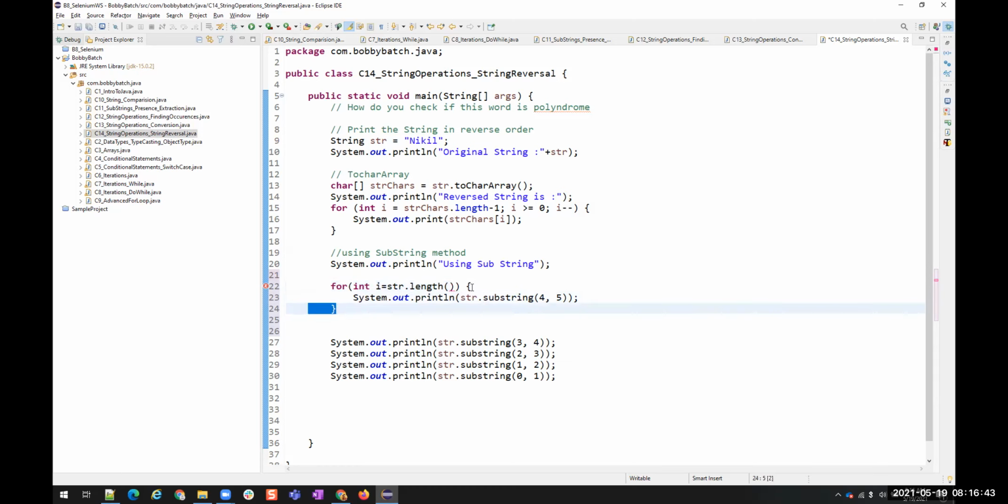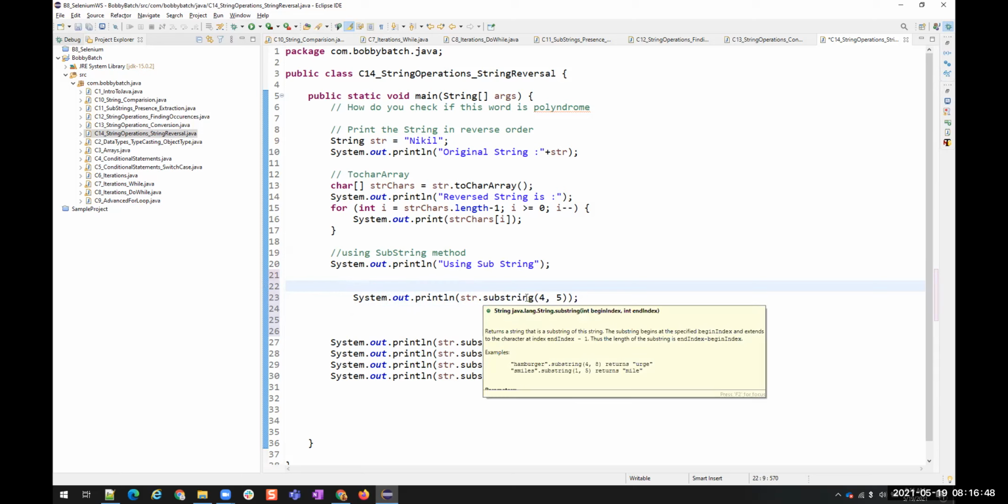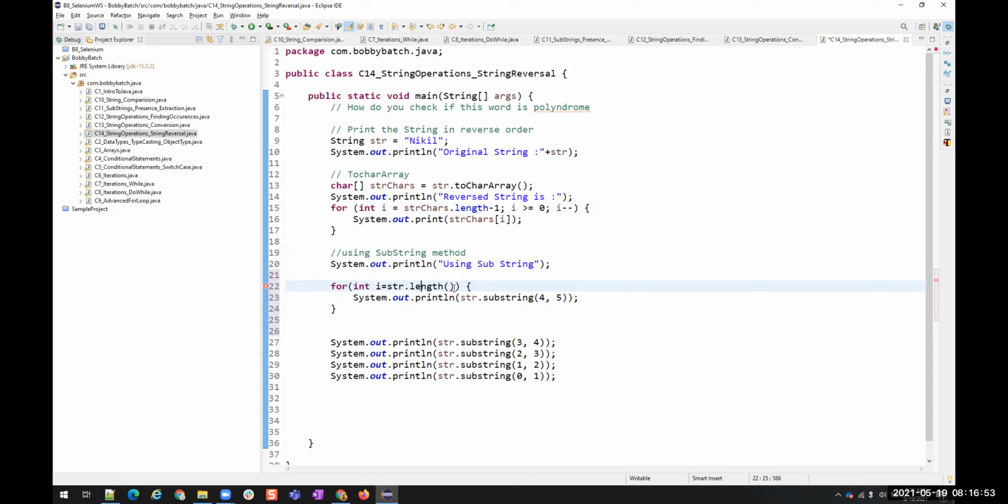We are not going to apply any condition, and we are not going to increment for each character. So we start from str.length, i greater than or equal to 0. Should this be minus 1? No, length only. Then i minus minus.